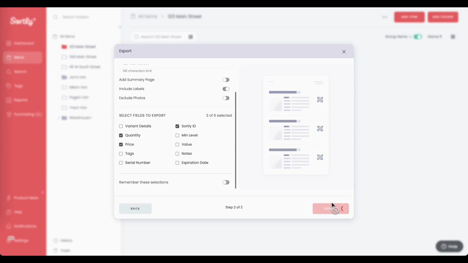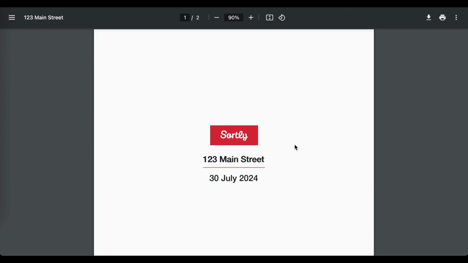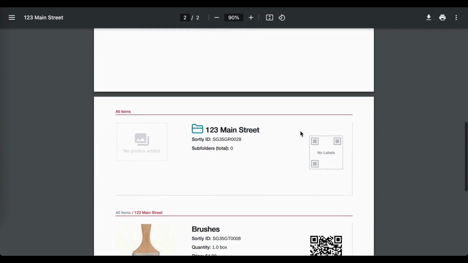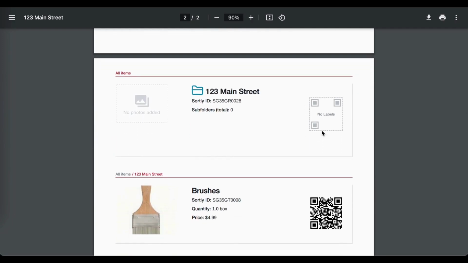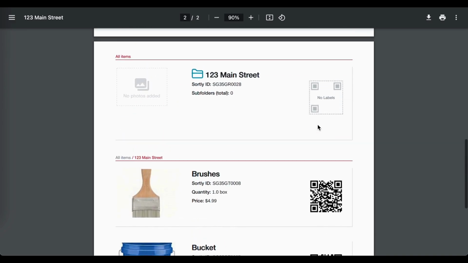When we click export, it is going to export to your device with a PDF, and you can go ahead and open that PDF, and here's what it looks like. It's a much nicer view of your inventory, and if there isn't a label, by the way, it will not show your labels. Otherwise, if there is, it will show all of this information that you chose to have included